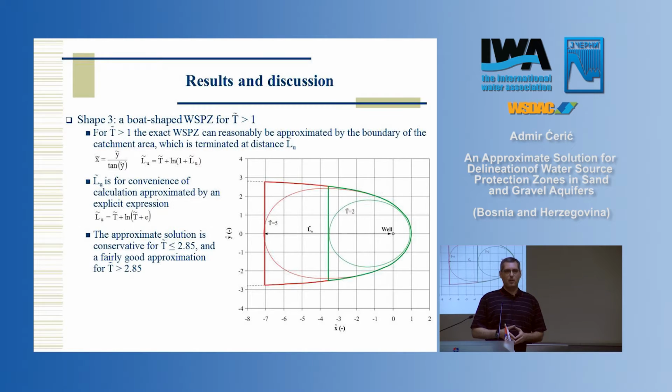In this case, the water source protection zone is defined as the catchment zone, using the equation again for the catchment of the well,